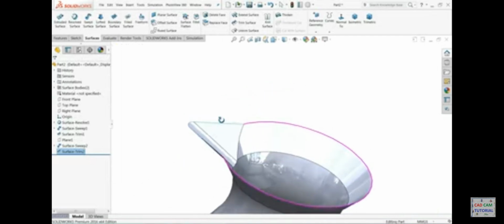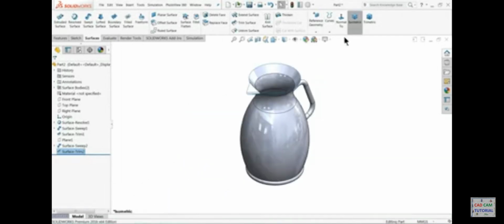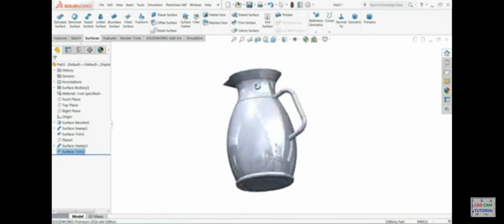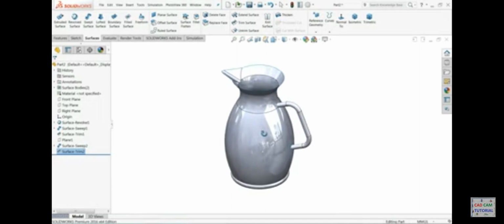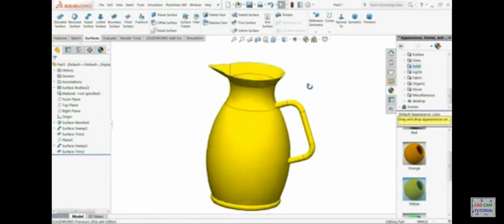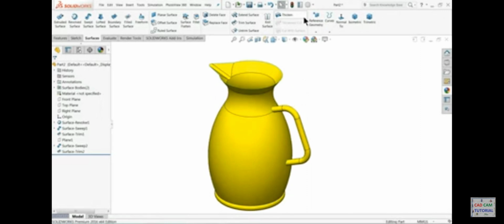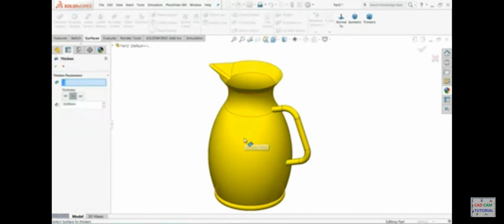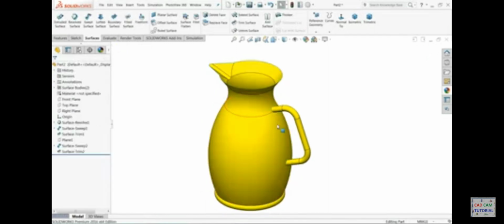Oh look, the shape is created. If you don't like, we can simply edit. See, so either you can apply thickness, but we don't want to apply any thickness, just simply